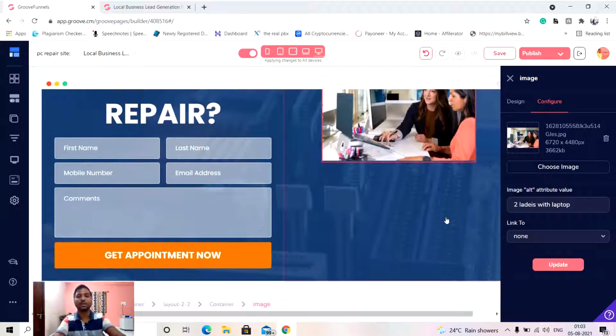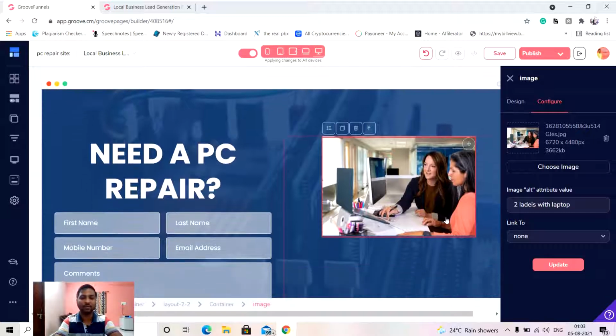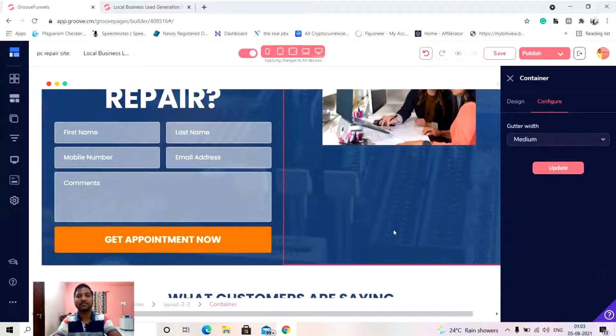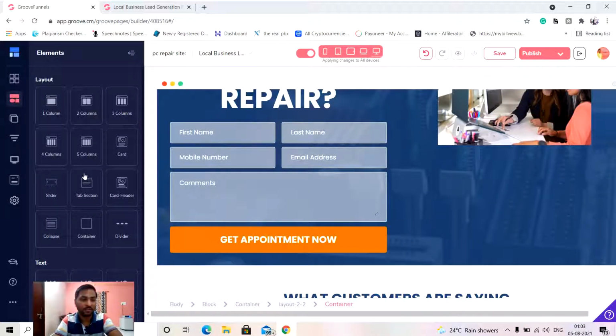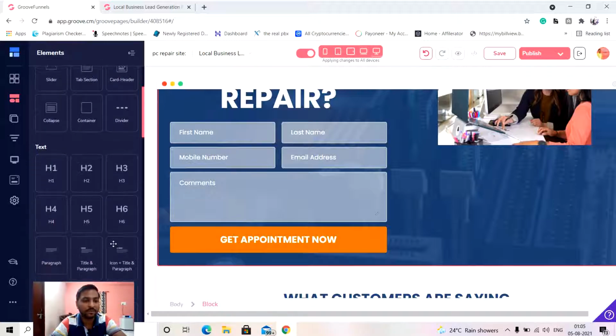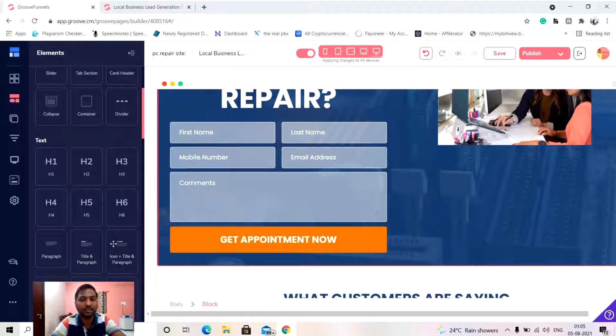So what we can do over here to make this block look good or eye attractive is simply add some text over here. Let's see how we are able to add the text. We have to go to the left hand side area and add the element. What element do we have to add? We have to choose the text content, a paragraph, so that we are able to put a paragraph. You can see under the text we have a paragraph option. We just have to drag and drop it over here.